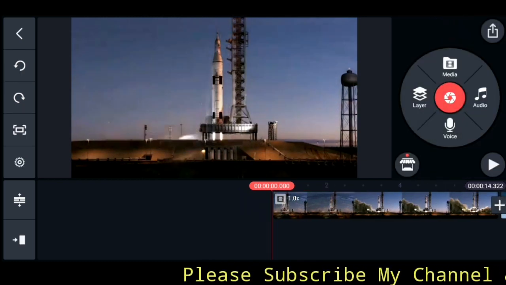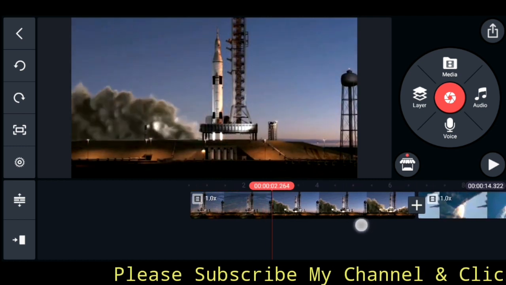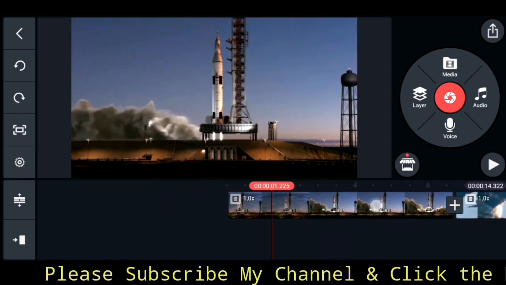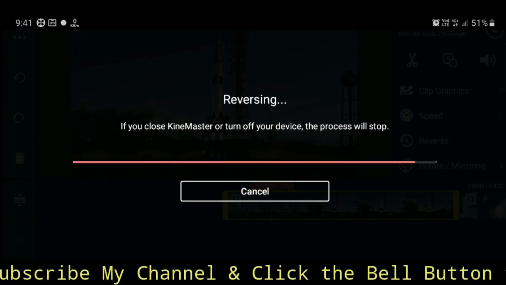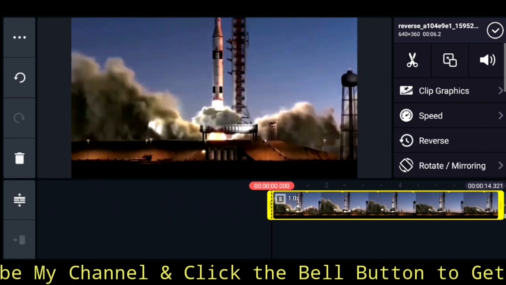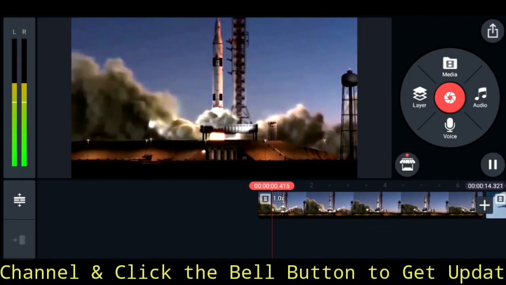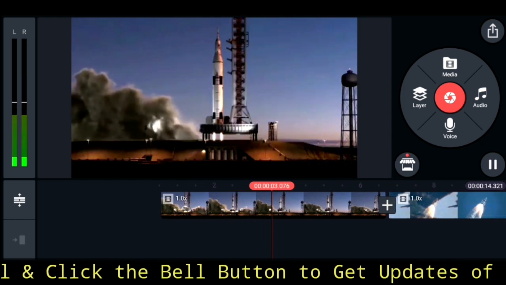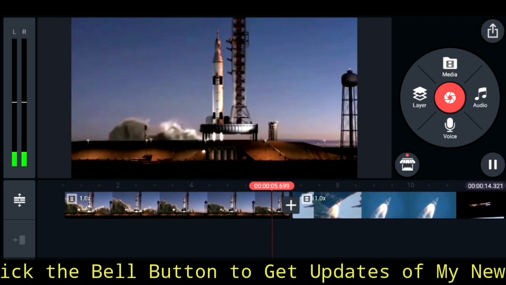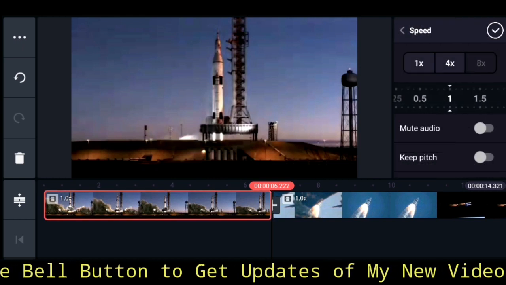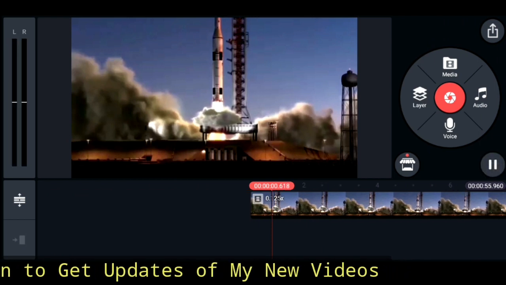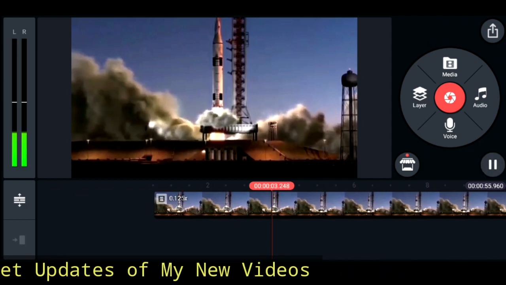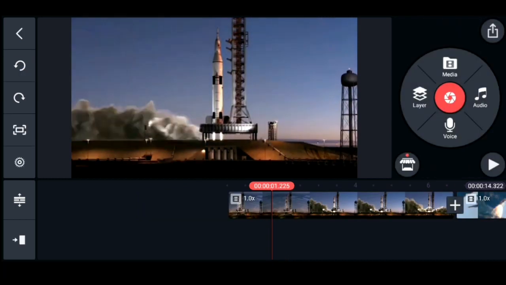Okay, so next we'll see how to make a reverse of this video. You just select it, go to reverse option here. Once you click the reverse option, automatically it will be reversed. See here how you are getting. You can reduce the speed of this also. See, if you just reduce it, you just observe here how you are getting. Alright, okay, so this is how you can increase or decrease the speed, or you can reverse the video.